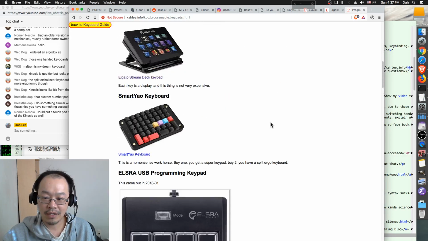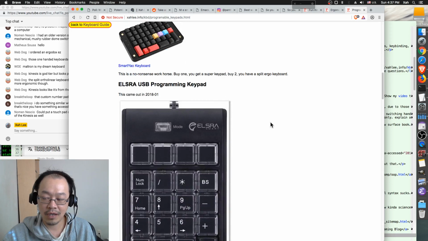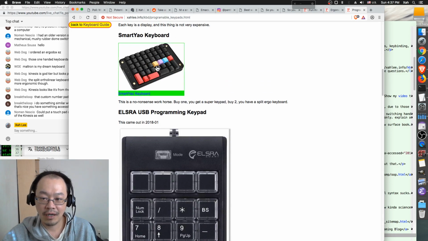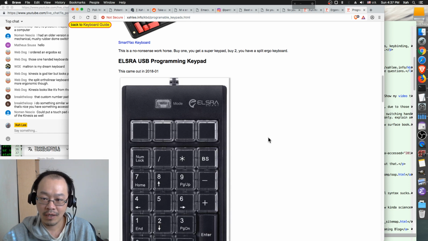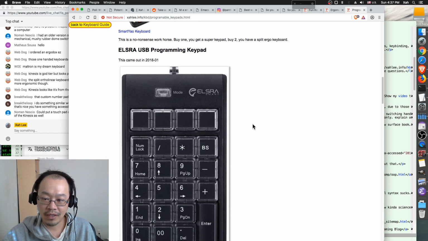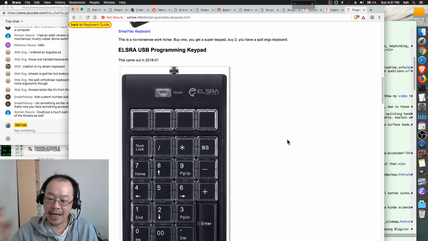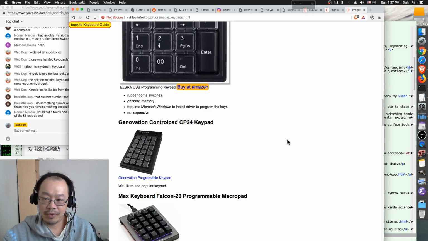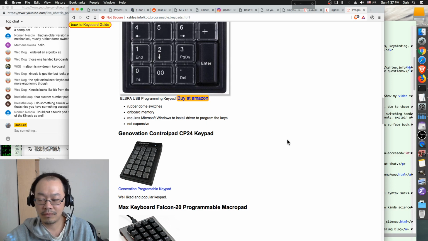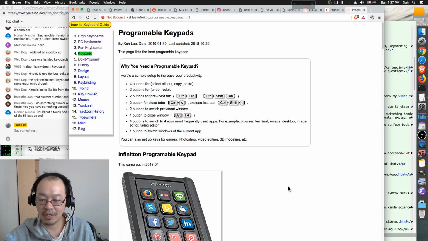Here on this page I list all the options you can buy. All these are good ones. All these are programmable keypads. They vary from cheap, like $30, to over $100.